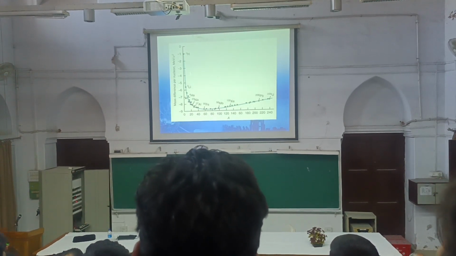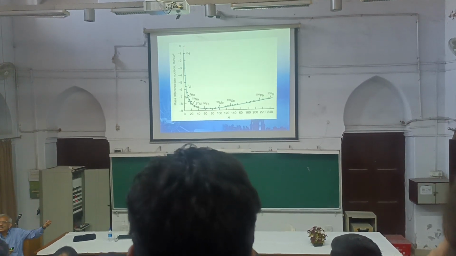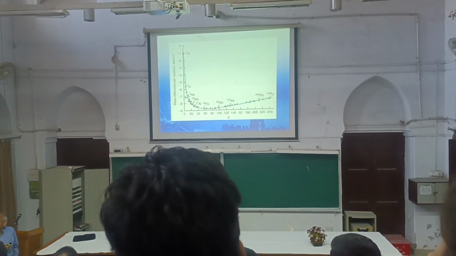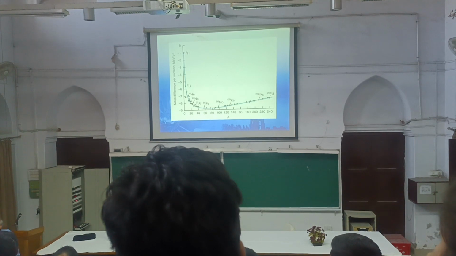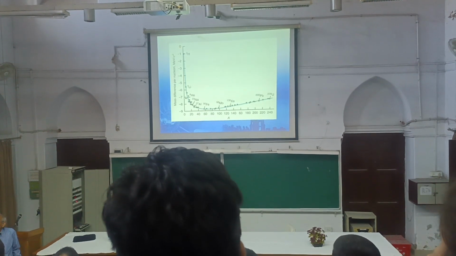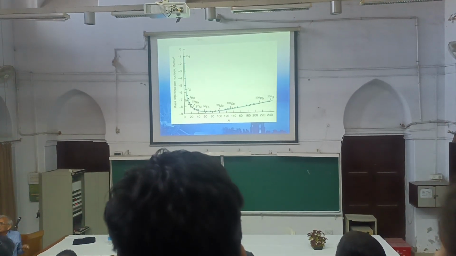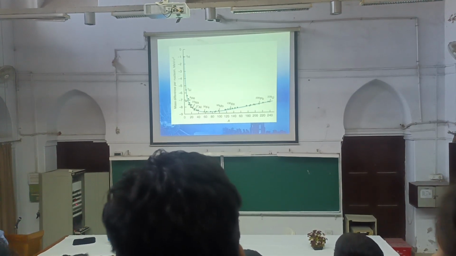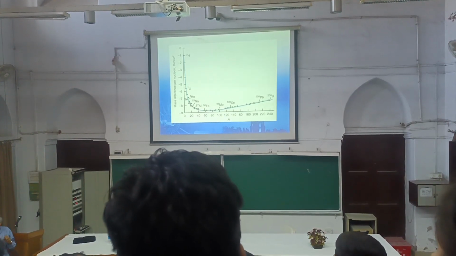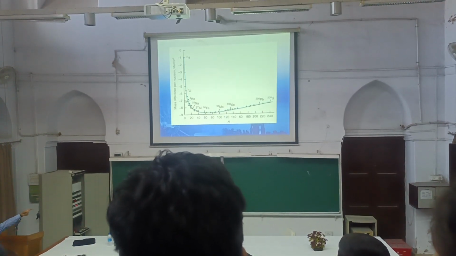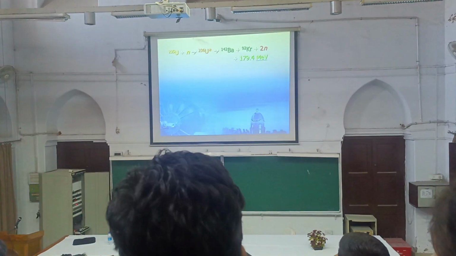But what you realize, okay, from here to here is a natural process. In each process you gain some energy. But beyond this, it's not very easy to make. So how do we see uranium now? How do we see all the gold that's floating around here, and the silver? So that is the question we try to answer from what we now call nuclear astrophysics. In nuclear physics, we try to find these answers. So you understand this part? And of course, if you are at the other end, you do fission.